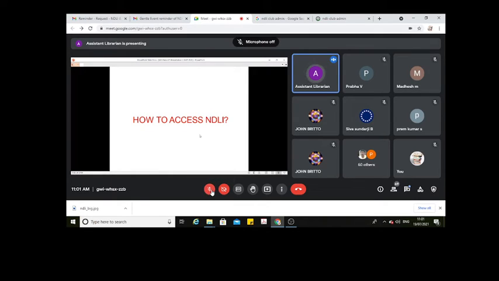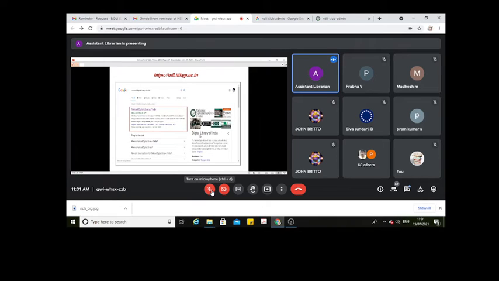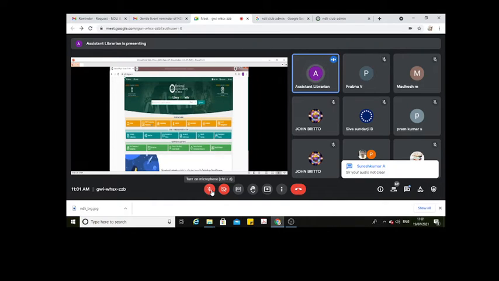So how to access NDLI? Through this URL, ndl.iitkgp.ac.in. Or just go to Google and simply type National Digital Library of India or NDLI, and you can get the details.